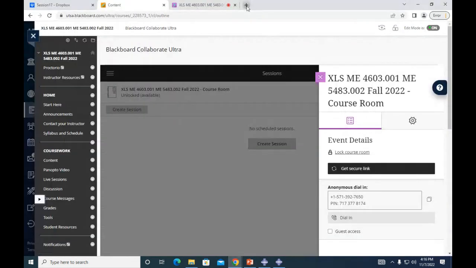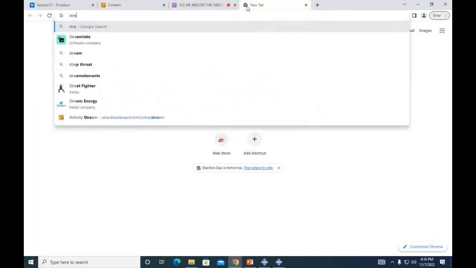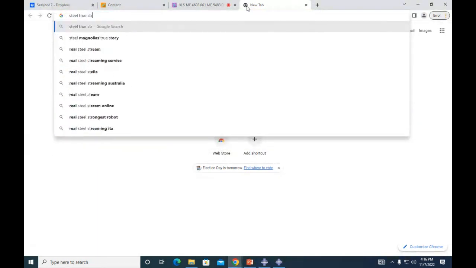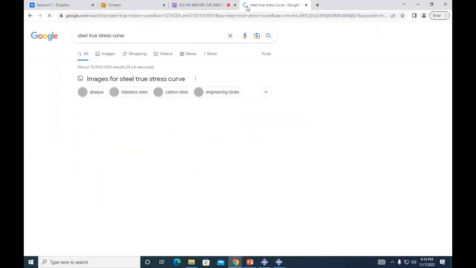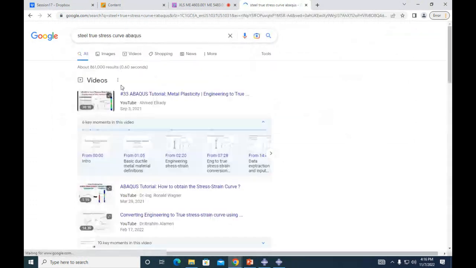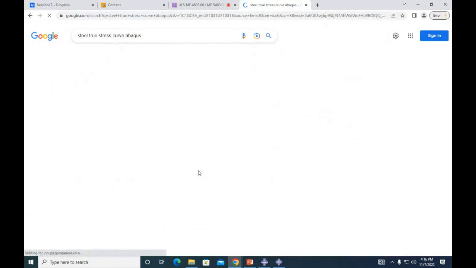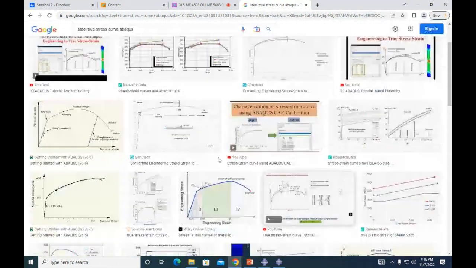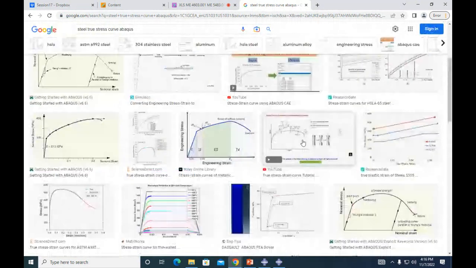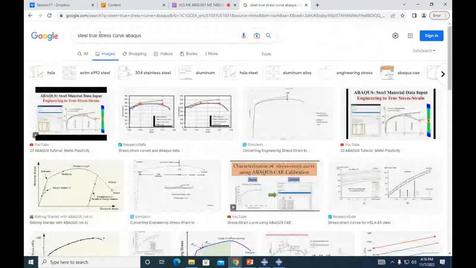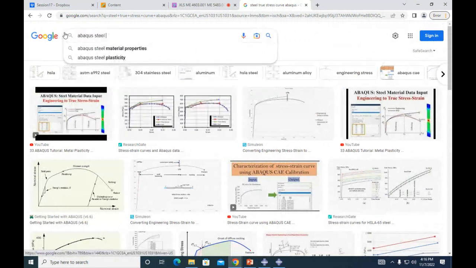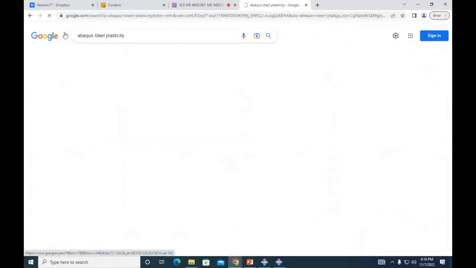How easy is it to find those values? Search for steel true stress curve, Abaqus. So what you do here is search Abaqus steel plasticity, for example.